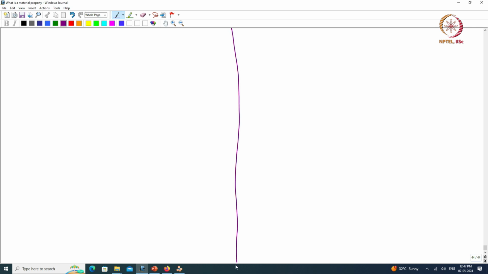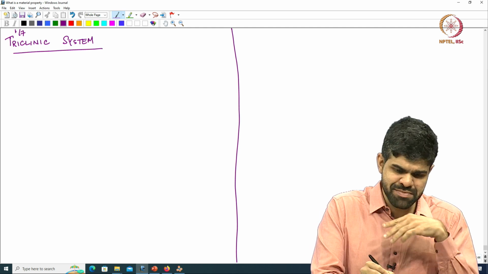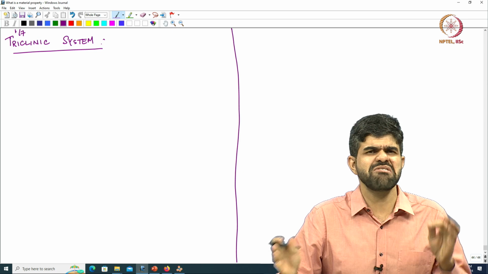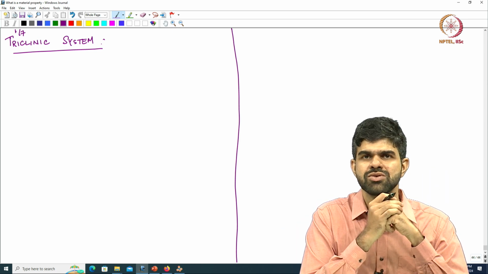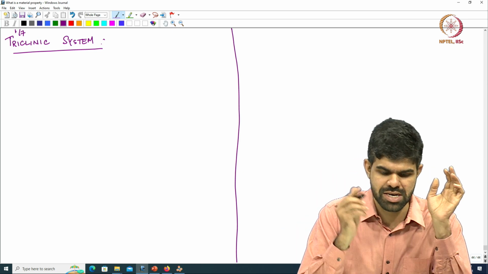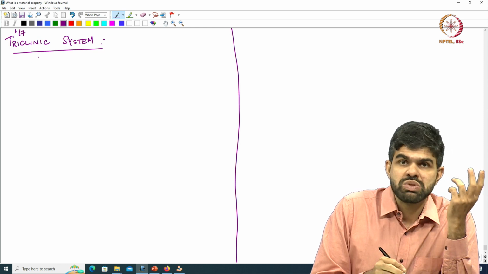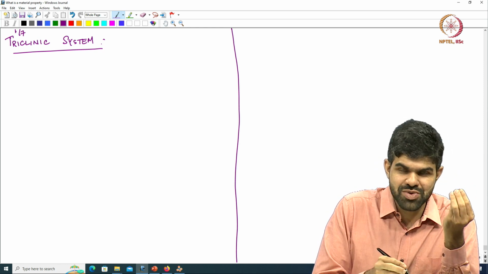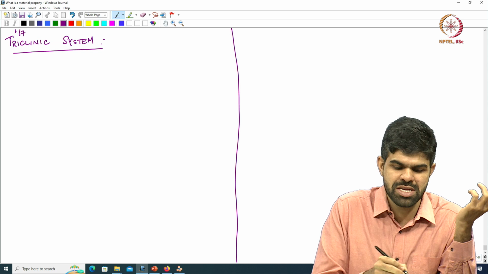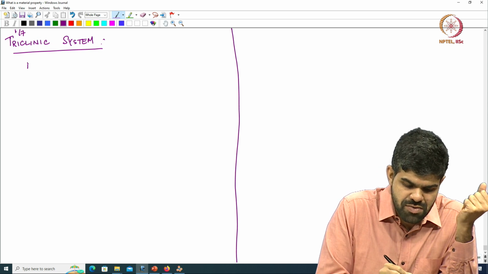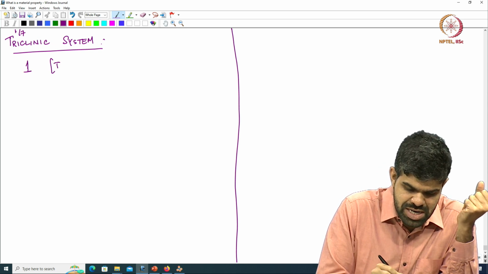So with that, let us go to what is called a triclinic system. This is the first of the 7 systems, 1 by 7, triclinic system. Now, triclinic system is a crystal system in which there are very little number of symmetry elements. You cannot have many symmetry elements there, right. So, the minimum symmetry any crystal should have, just by common sense, is just an identity or 1, right. So, 1 is an identity,